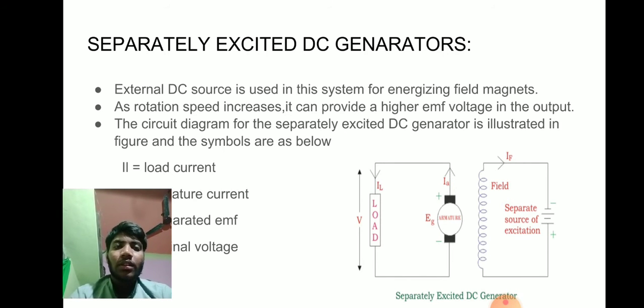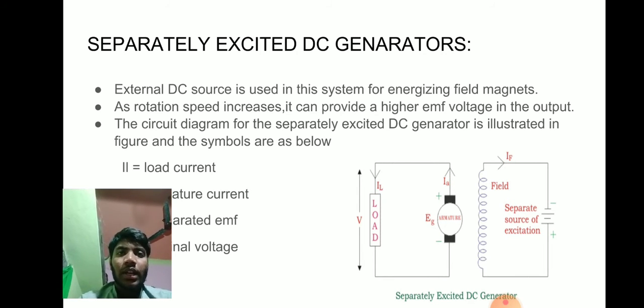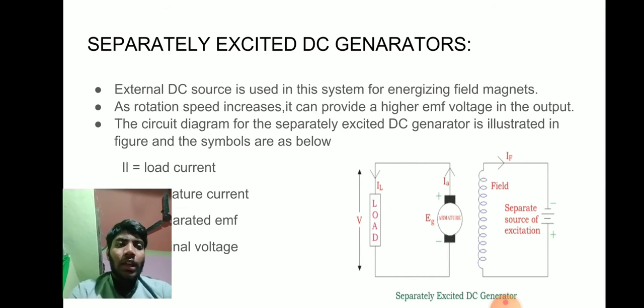The circuit diagram for the separately excited DC generator is illustrated. In the diagram, we can see IL is the load current, IA is the armature current, EG is the generated EMF, and V is the terminal voltage. Moving further,